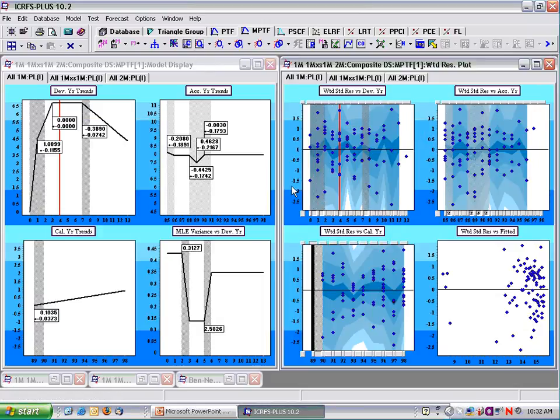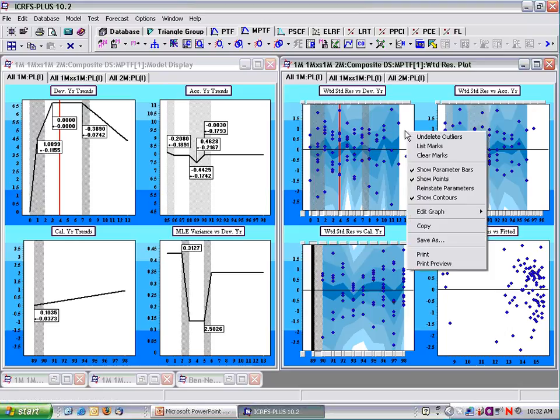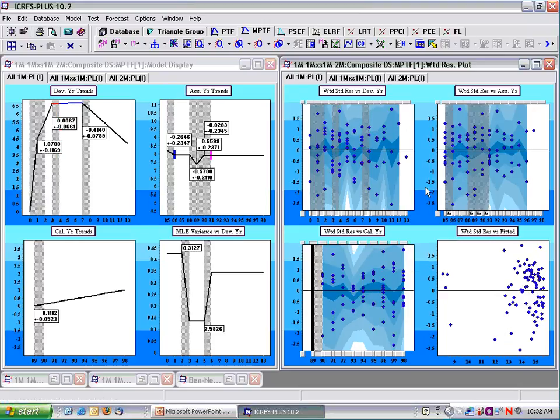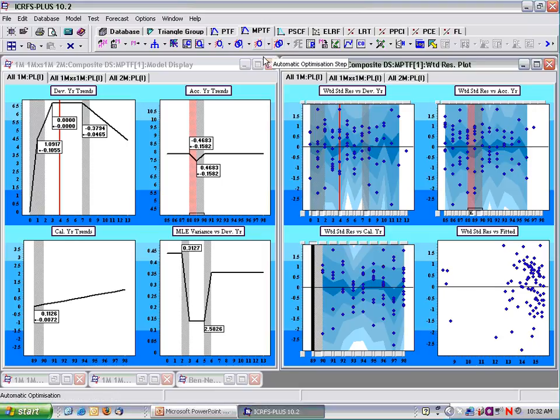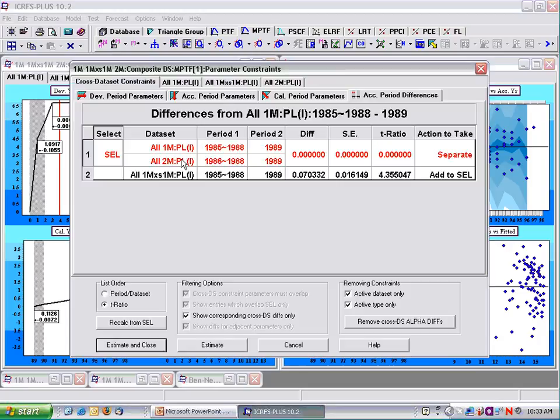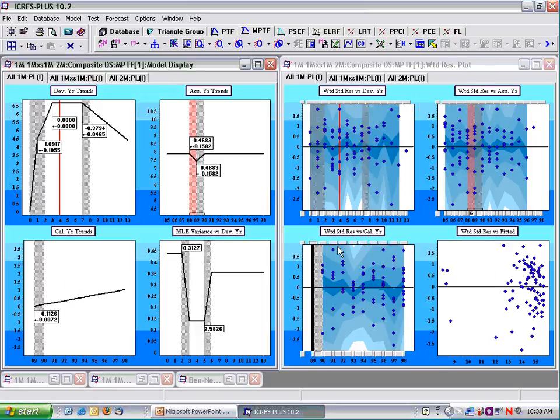The way to design the optimal model is to reinstate all parameters and optimize across the lines of business, and you'll see, for instance, that this drop in the accident year for 1M, we have the same drop in 2M, but not the same drop in 1Mxs1M. So